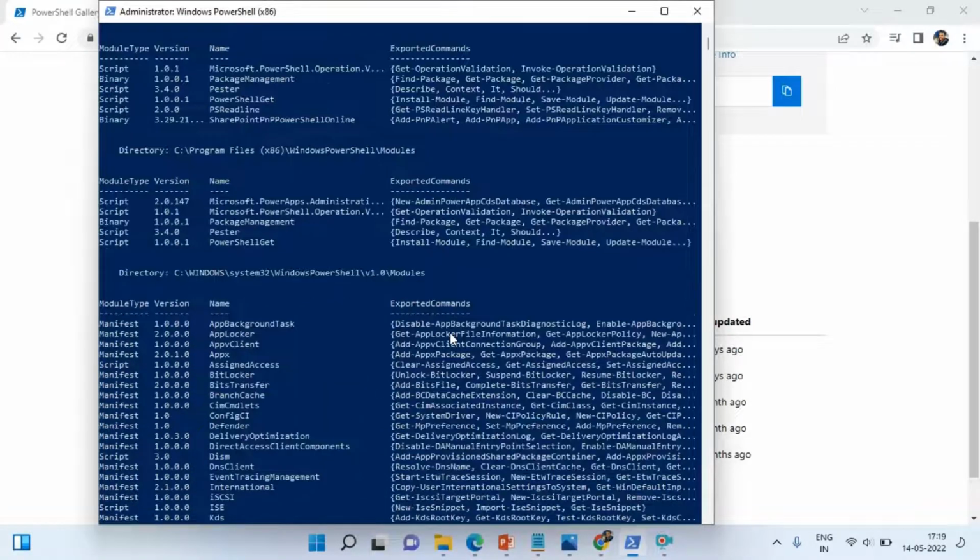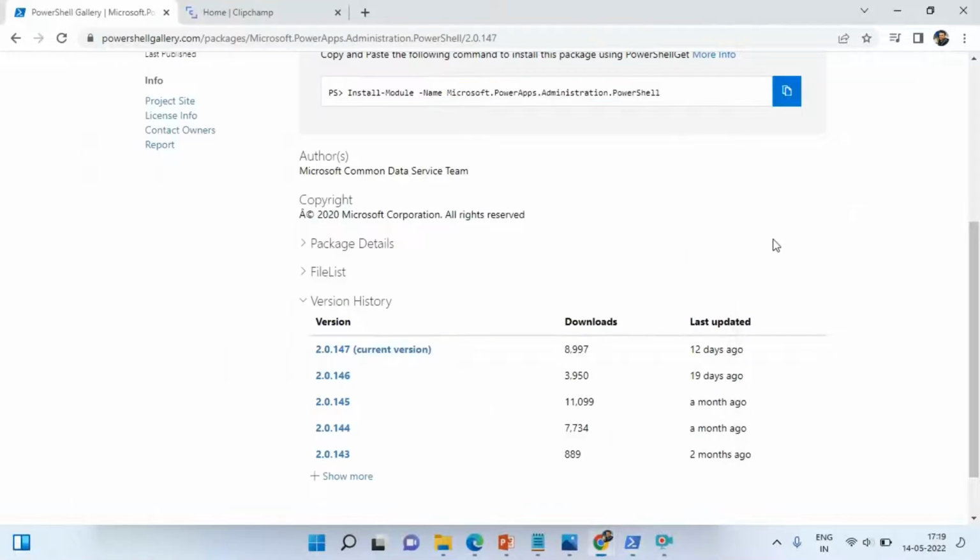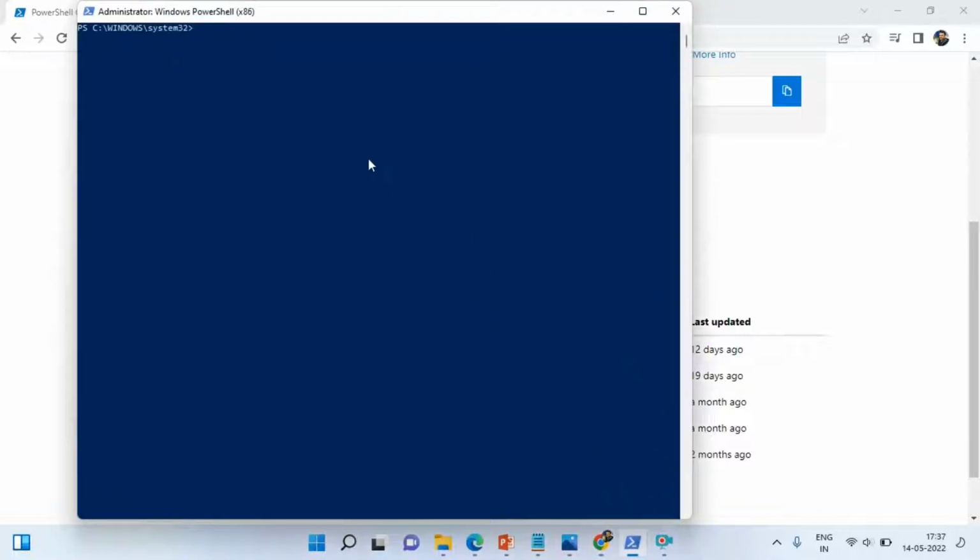We'll try to locate the module which we installed just now. If you can see over here, Microsoft.PowerApp.Administration.PowerShell, this particular module which we have installed just now is present, and this is the current version 2.0.147. If you look at the site, this is the current version 2.0.147. Now this particular module is installed successfully. Now we need to sign into our PowerApp environment. For that, we'll type this command